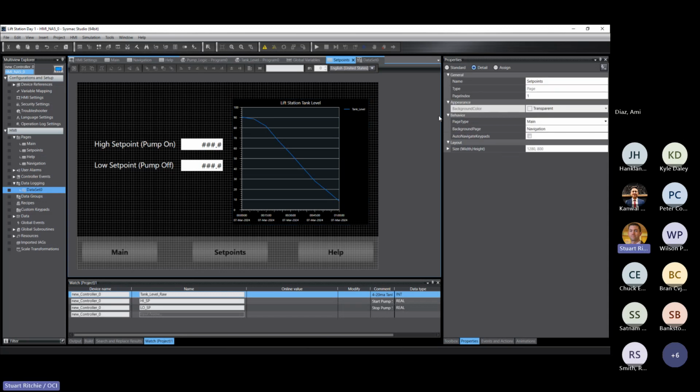Now, simulating won't show a trend. I do have an HMI that I'll show you what it looks like on. But if you're running your simulator and you're wondering why there's nothing on your trend, last I checked, that didn't actually get displayed as part of the simulation. So,